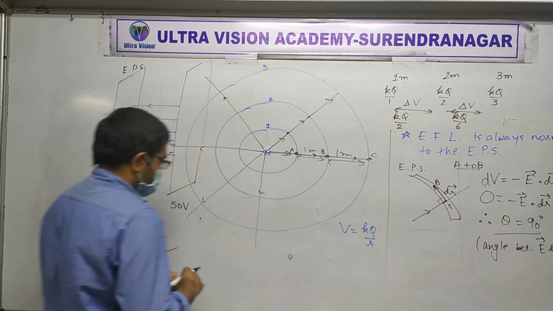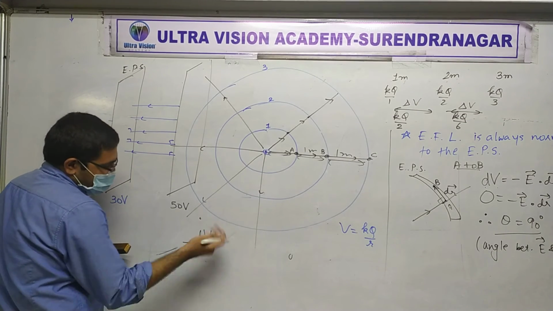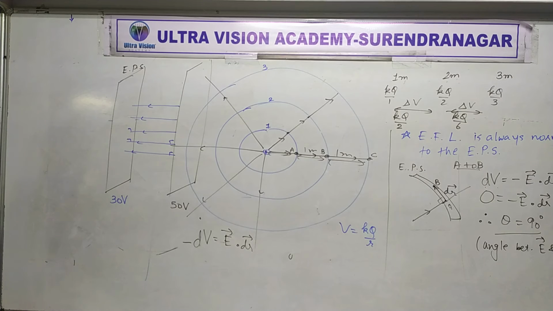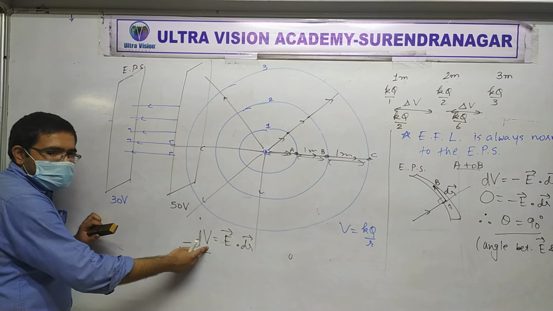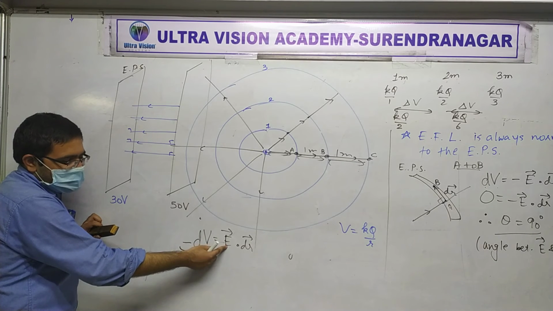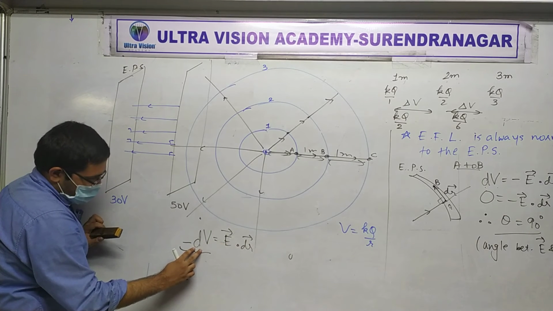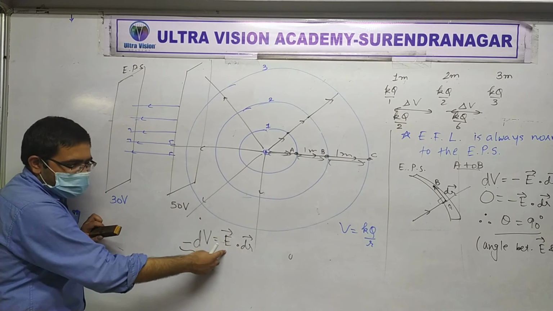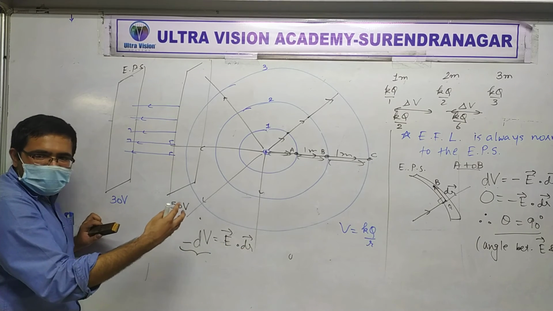This will make a change. Minus dV, change of potential, is equal to E vector dot dr. Okay, what does this tell you? It tells you that the decrease in potential, minus dV means decrease in potential, depends on electric field. If electric field is more, for the same displacement, suppose same, constant, the decrease in potential for the same displacement depends on electric field. If E is more and dr is same, then this change of potential will be higher in value at least. Is that clear?